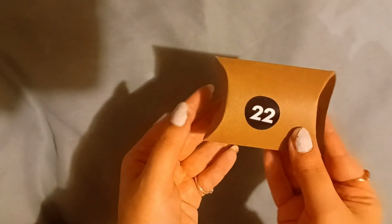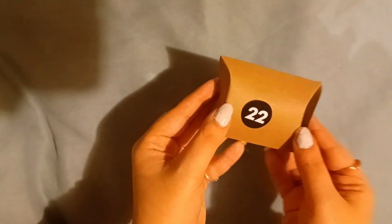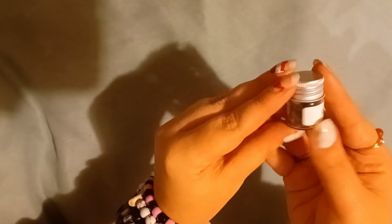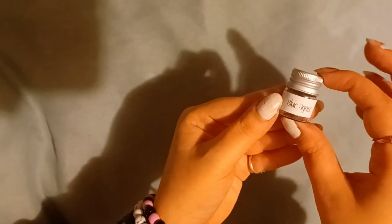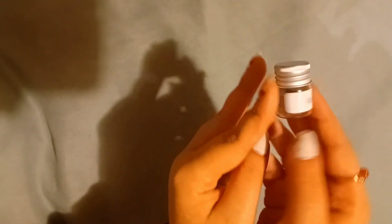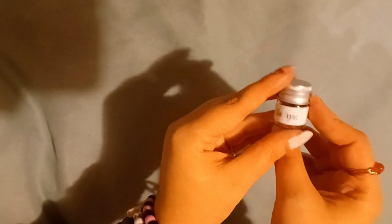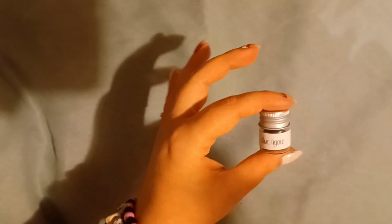Number 22 feels like it's made out of multiple small items, so maybe a keychain or a piece of jewelry of some sort. Oh, nope, I was wrong again. So we got a little jar of blue agate to add to our collection of jars of little stones, so that'll be very useful. I'll have to look up what blue agate's used for